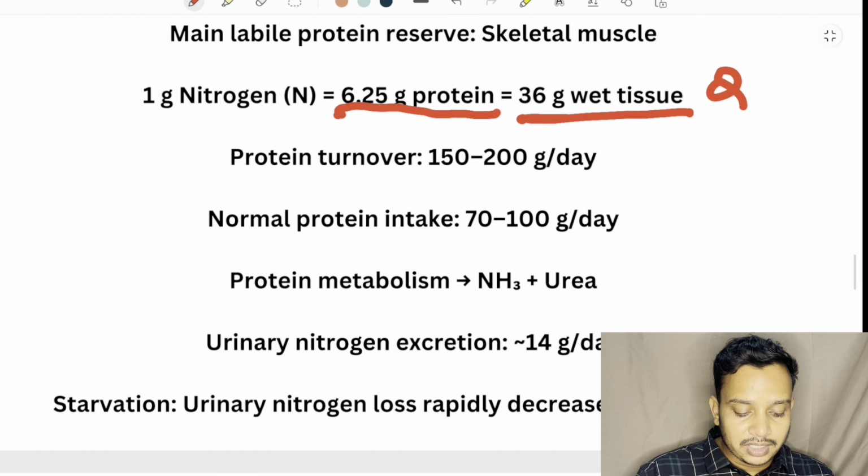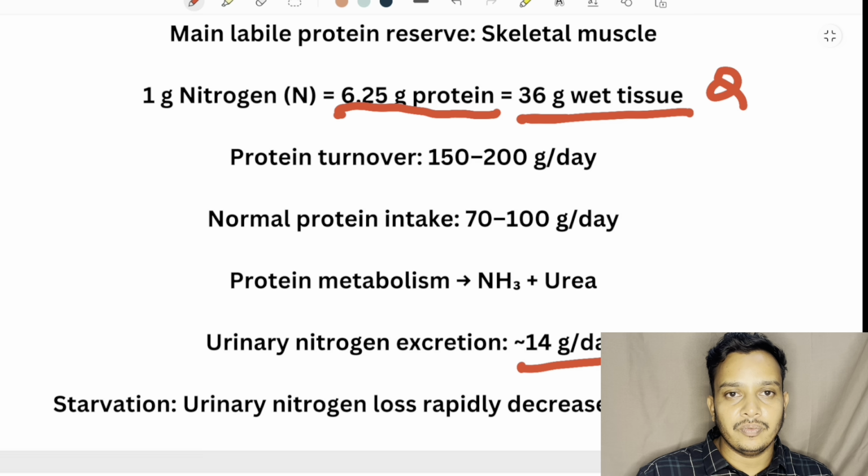But after that, in the next 10 days, there is a loss of up to 15% of body weight. So you have to keep in mind how much weight the patient is losing. For that, you have to measure the weight daily whenever the patient is in the ICU, so that you can think about whether the patient has ended up with any kind of third space loss of fluids because of the